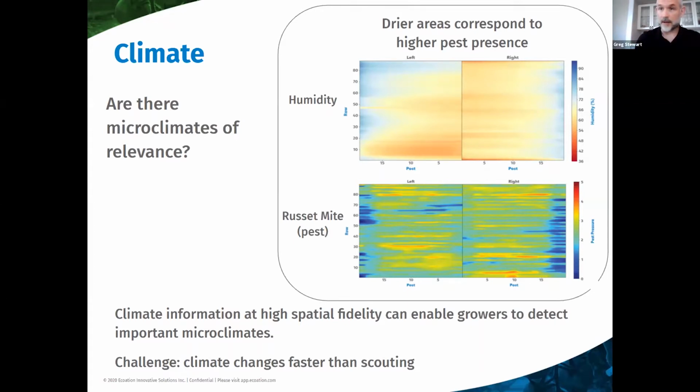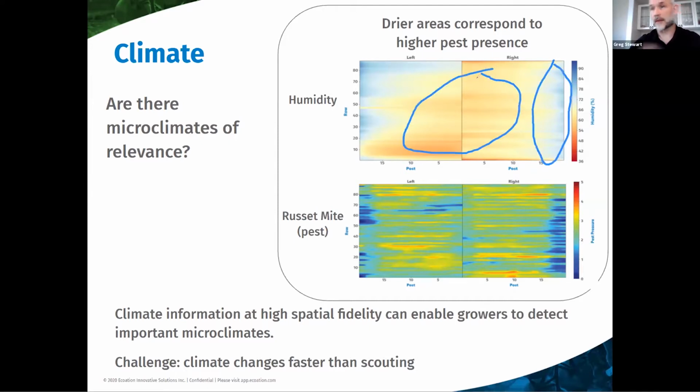Now, if we're driving our robotic cart up and down the rows, we're able to map out the climate on a per meter basis within the greenhouse. And then you can start to discover interesting things like this. This is a humidity map at the top, and you can see that close to the walls of the greenhouse, and I'll show that, it tends to be drier than these areas out in the middle, right?